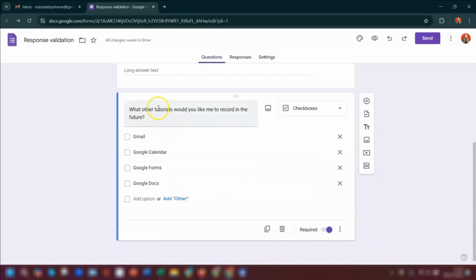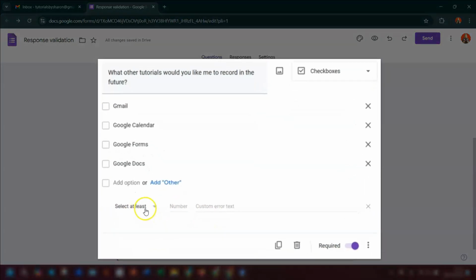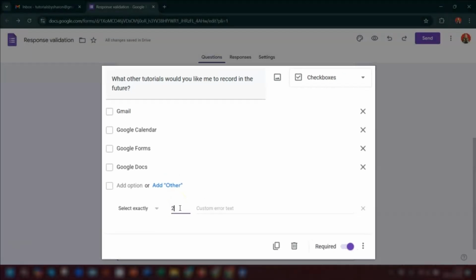So you can see I've added in this question. I've given 4 options for the checkboxes, and if we go down to the 3 dots now at the bottom, we've got response validation. So again, click on response validation, and then we can choose these options. So here we say whether or not people need to check a minimum or a maximum number of boxes, or specify the exact number of boxes that must be checked. So if we put exactly and then put 2, we're saying that exactly 2 boxes need to be checked